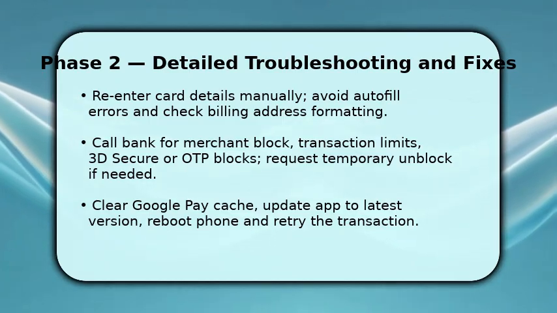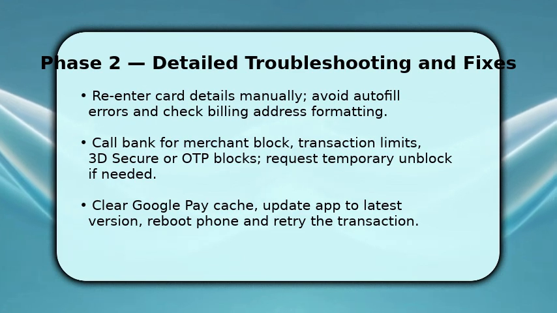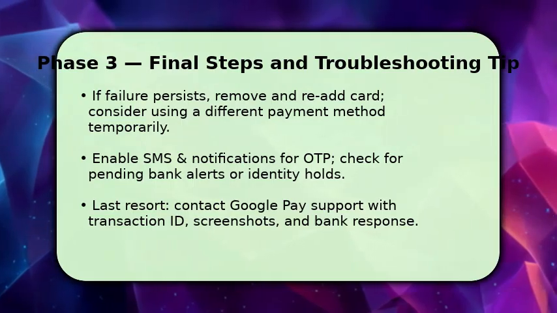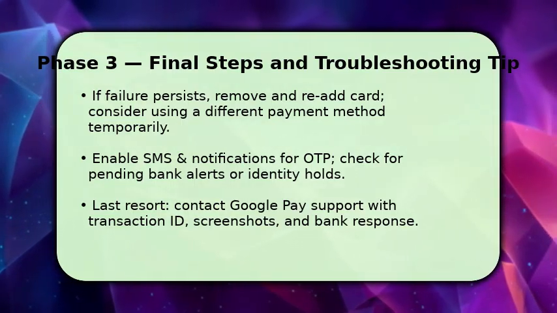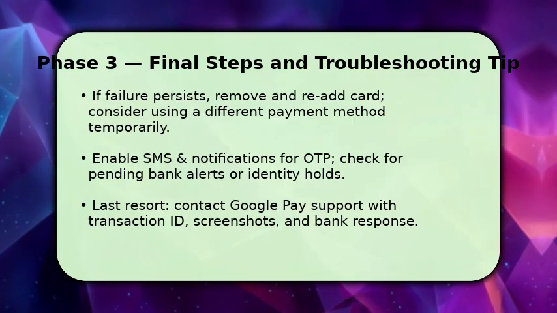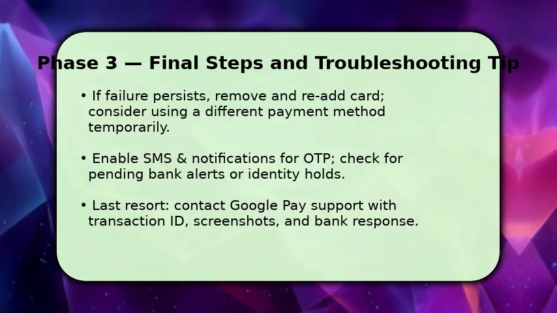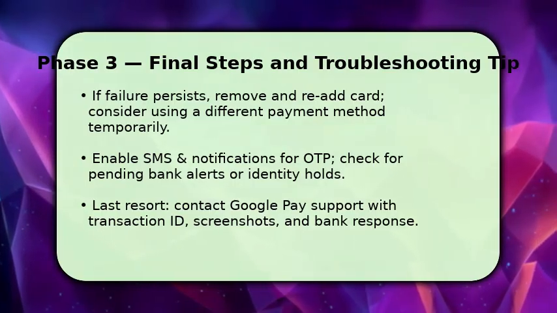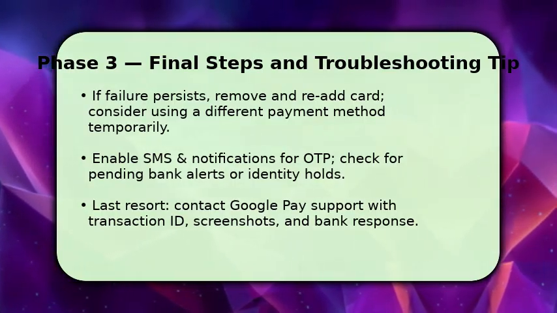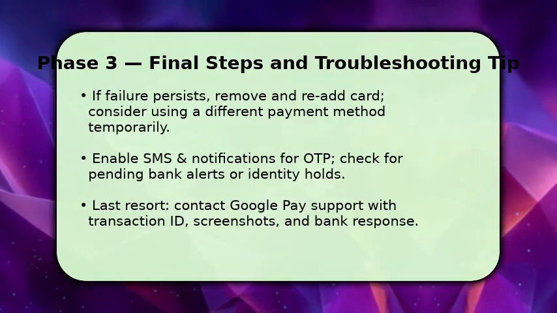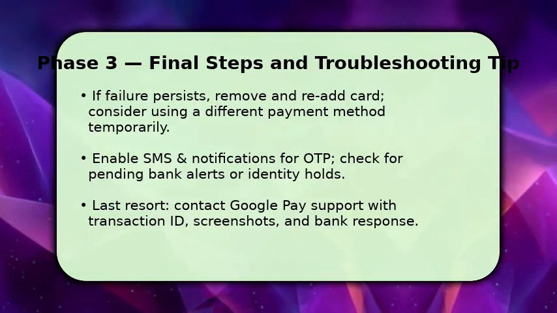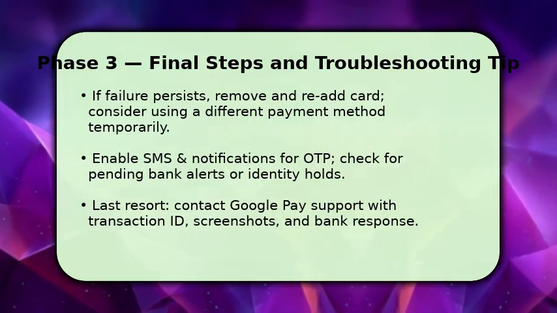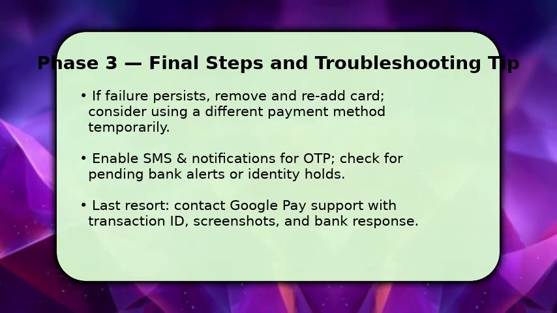Finish by removing the problematic card from Google Pay and re-adding it cleanly. That often resolves tokenization errors. Make sure SMS and notifications are enabled so you receive OTPs or bank alerts immediately, and check any pending holds on your account. If problems persist, collect the transaction ID, error message screenshot, and any bank responses, then contact Google Pay support. Provide those details so they can escalate. One key tip: if a bank decline repeats, your bank's fraud